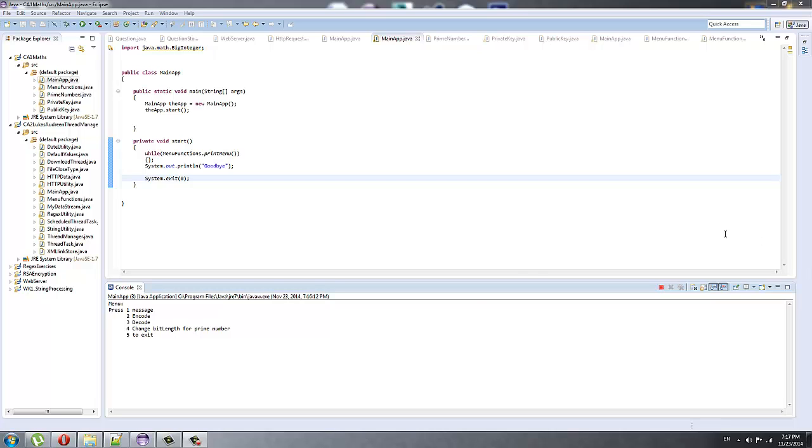So this is already run, and then this is the menu: 1 to enter the message, 2 to encode, 3 to decode, and 4 to change the bit length for the prime number, which creates the world. And to enter the message,